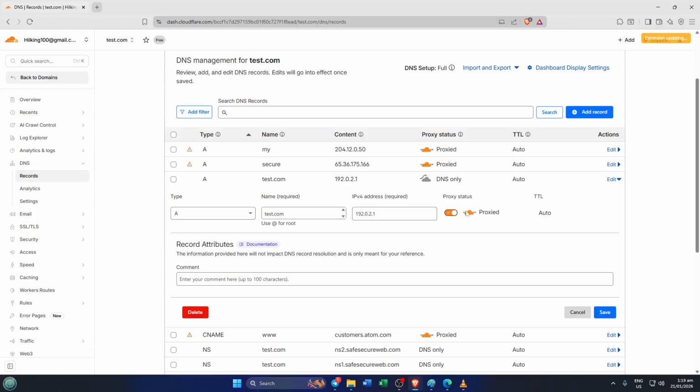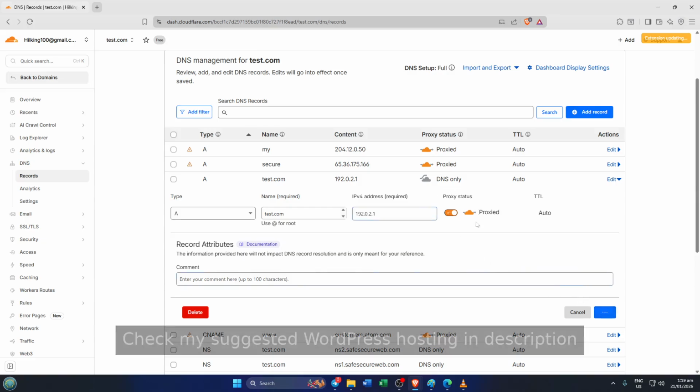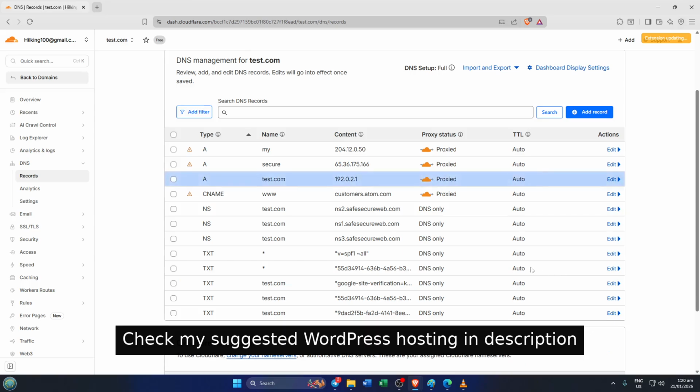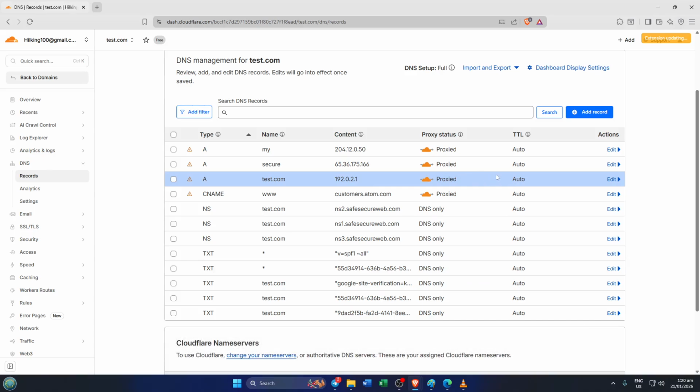This is the heart of the process. Whenever someone visits your site, Cloudflare will handle their request and filter out a lot of malicious traffic, only passing the good stuff along to your server. Don't worry if there's a slight delay here. Sometimes it takes a few moments for the new setting to take effect, especially if your DNS data has recently changed. If you have multiple A or AAAA records, as some websites do,